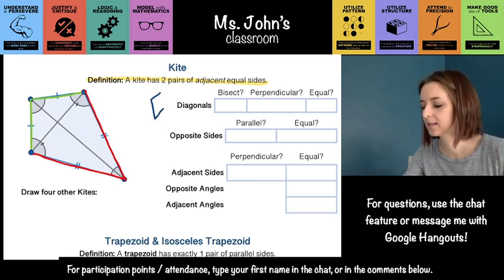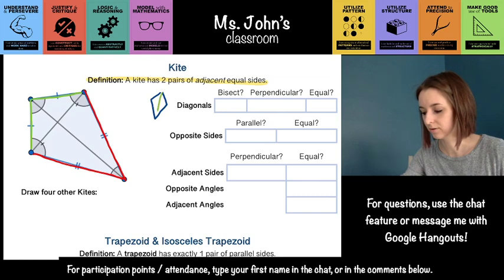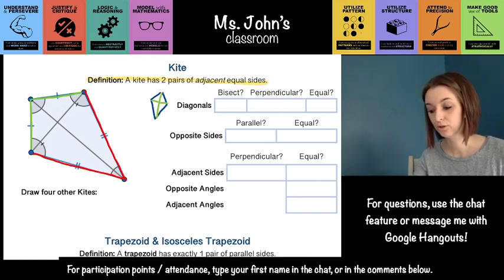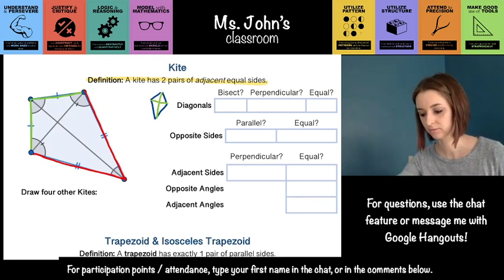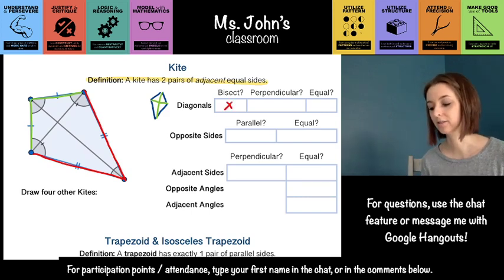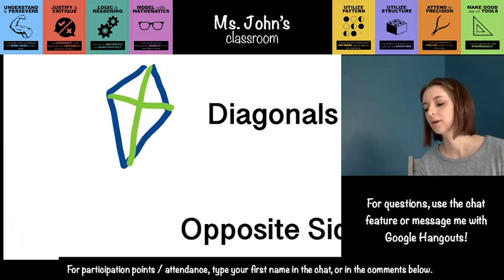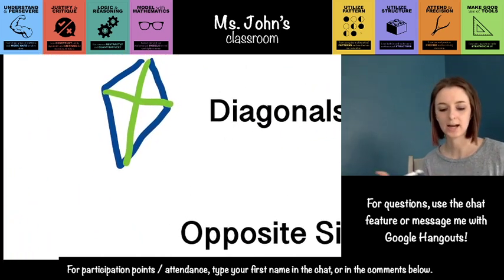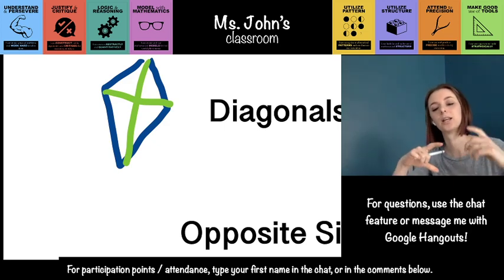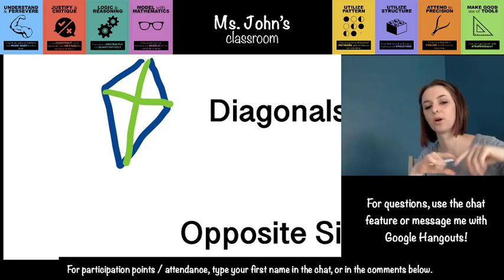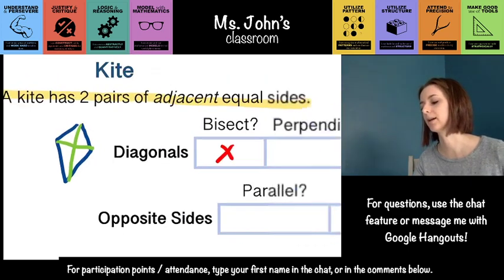So in a kite, the diagonals do bisect each other. Oh, no, they don't. That's a lie. They do not bisect each other. Even in my really bad picture that I just drew, you can tell that one of the diagonals looks like it's bisected, but the other one has a very long portion and a very short portion. So that is not true. They don't bisect each other